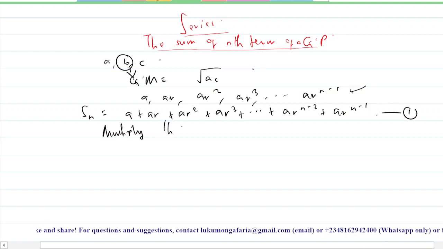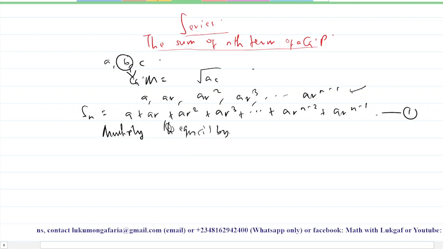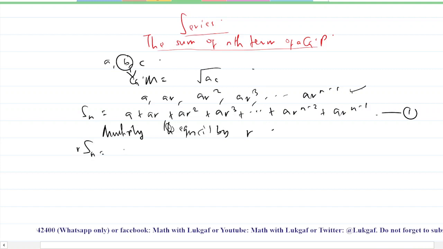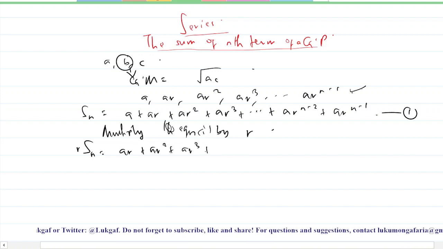Multiply equation 1 by R. Then this is going to give you R times Sn, equals AR plus AR squared plus AR cubed, I'm multiplying each term by R, plus AR^4